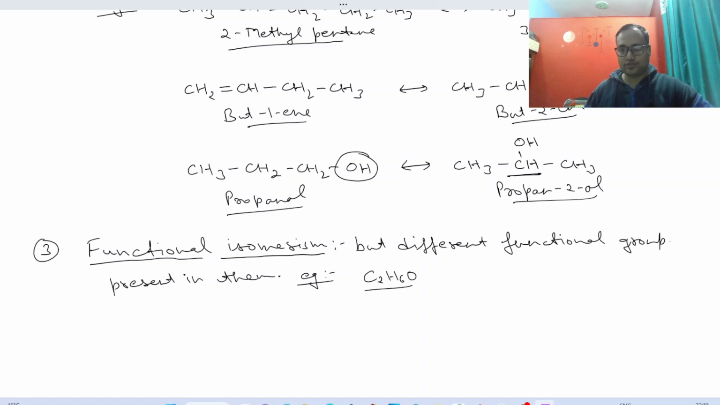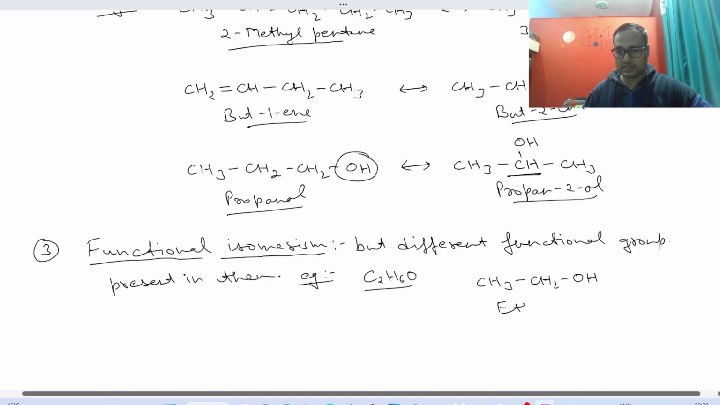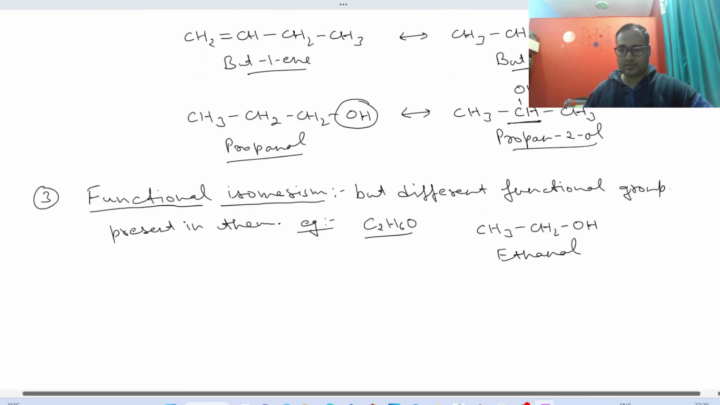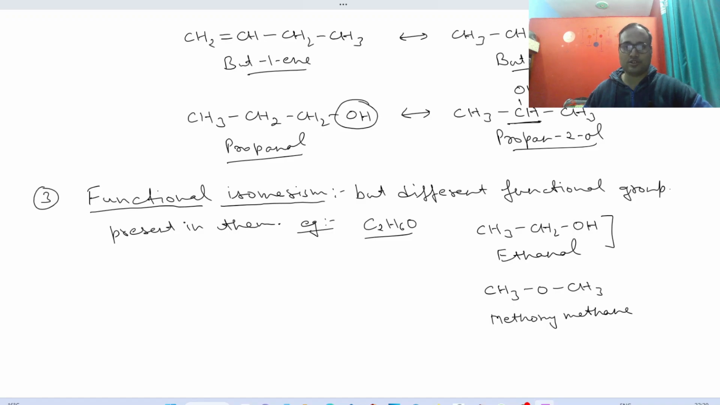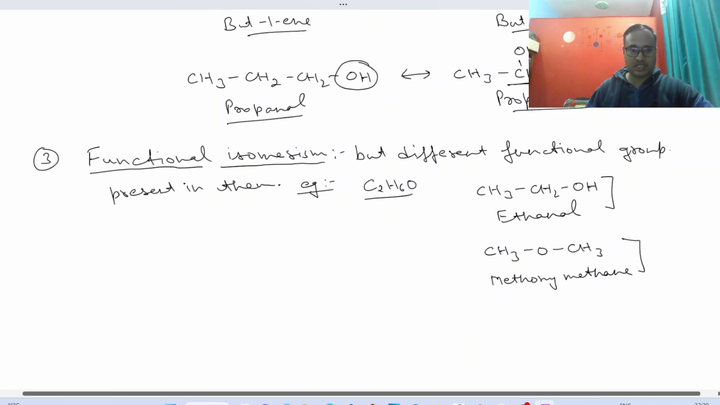C2H6O. So we can write this molecule as CH3CH2OH. It's an alcohol, so we can name it ethanol. Whereas if I write it as CH3OCH3, it becomes an ether, and we can name it methoxymethane. So the first molecule has an alcohol as a functional group, the second molecule has an ether as a functional group. Let me take one more example